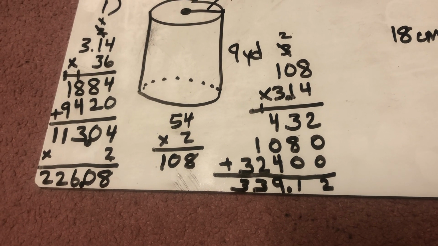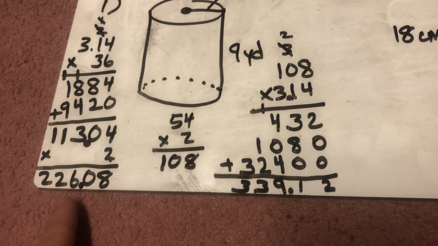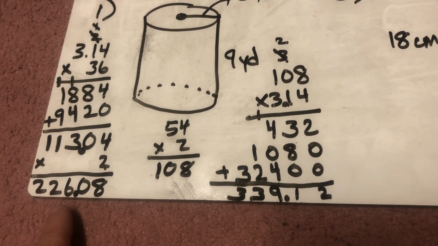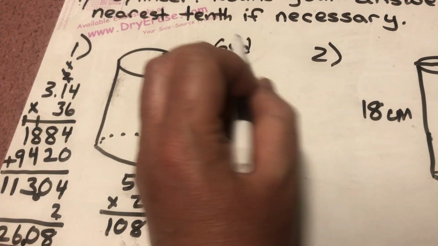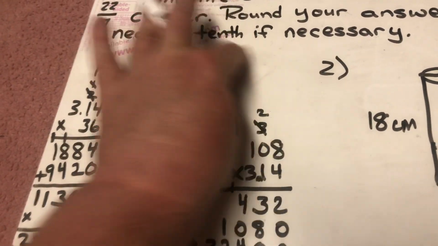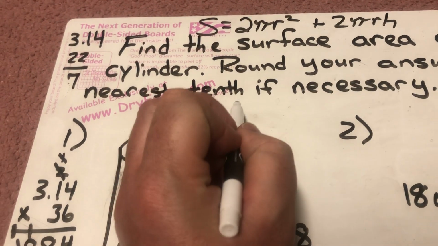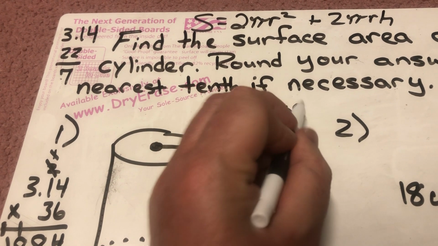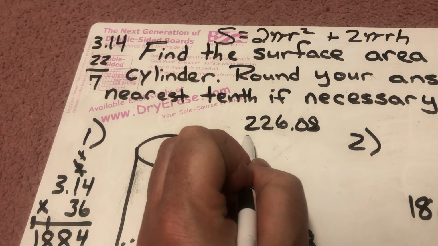339 and 12 hundredths. But then I have to add that to the 226 and 8 hundredths. That was the 2 circles. So now it becomes 200. I'm going to go ahead and erase this just to give us a little more room. 226.08 plus 339.12 plus